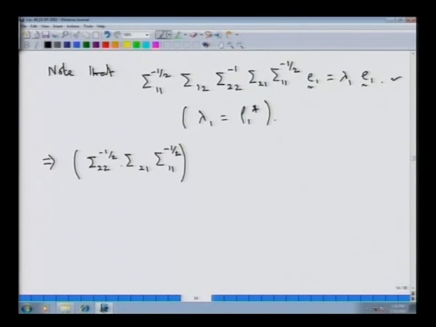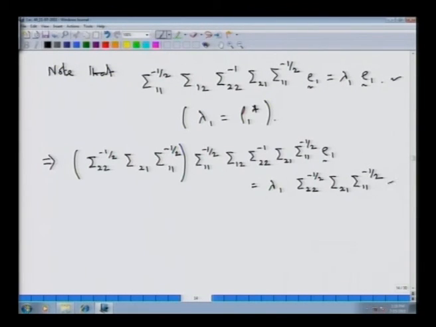So, this matrix, if we pre and post multiply on both the sides, what we are going to get is the following, that it is sigma 11 to the power minus half, sigma 12, sigma 22 to the power minus 1, sigma 21, sigma 11 to the power minus half times E1, that is equal to lambda 1 or rho 1 star times sigma 22 to the power minus half, sigma 21, sigma 11 to the power minus half times